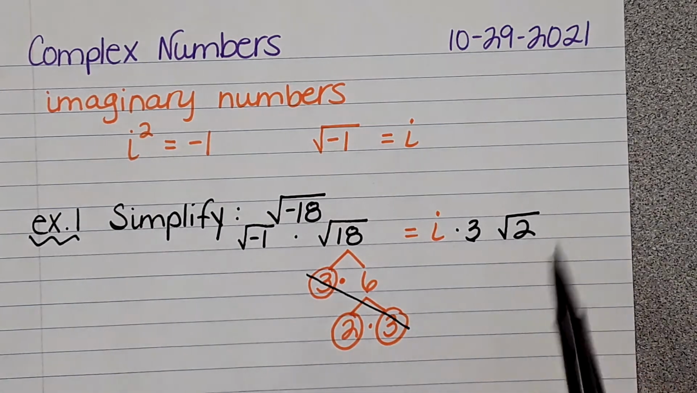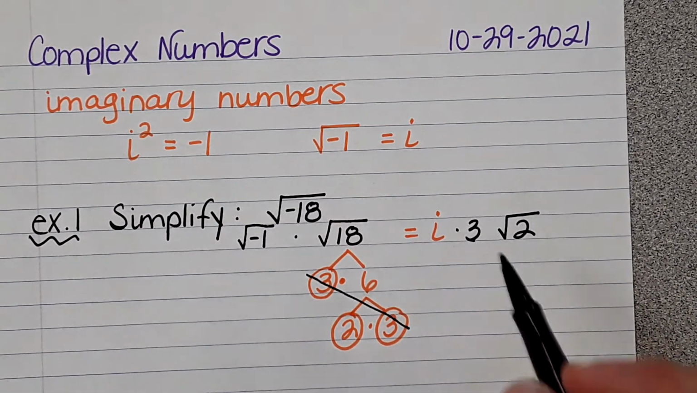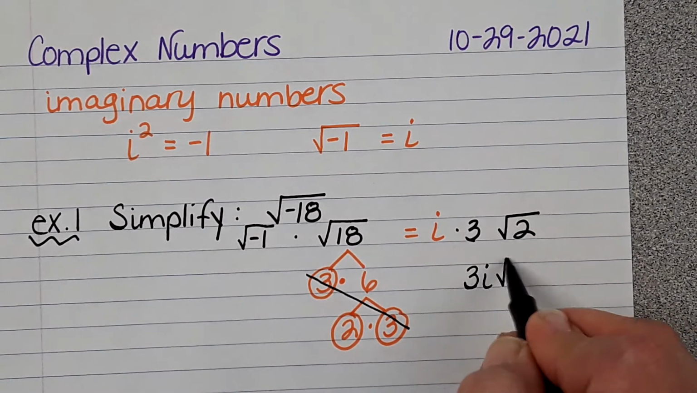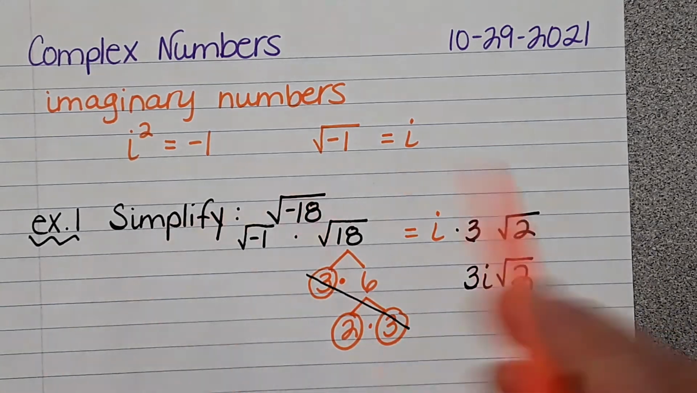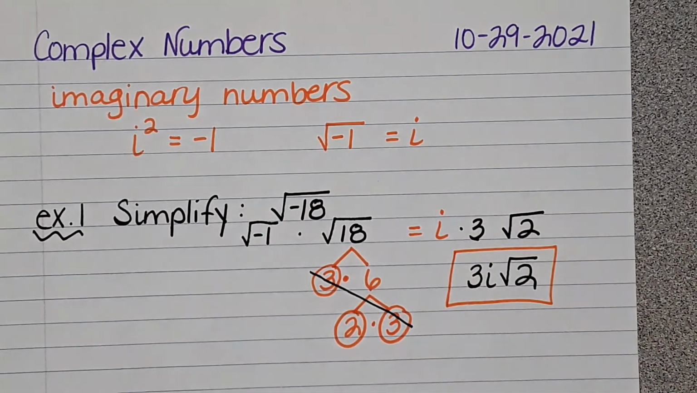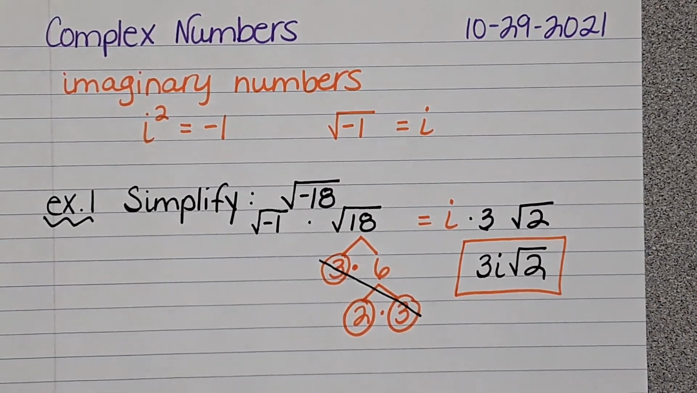Okay, now you never write your imaginary number first. You always write it behind. So what we're going to do is write 3i square root of 2, and that's going to be our final answer. What that means is